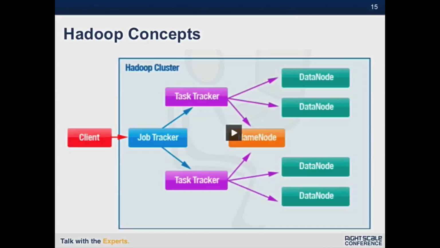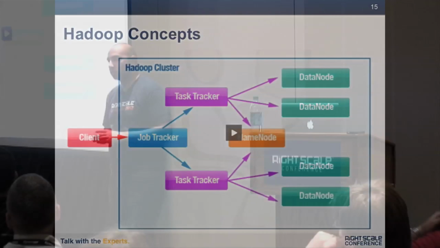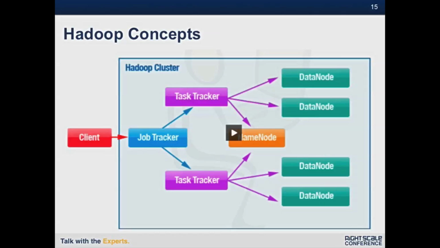So what you end up with when you look from a larger perspective is we started out with our client, we submit our job to the job tracker, and it submits out to task trackers. But the second half of that is HDFS itself. And HDFS is taking all of the data that we loaded, and there's a single name node here, which is keeping track of the indices of all of that data, and it's sending out to a number of different data nodes.